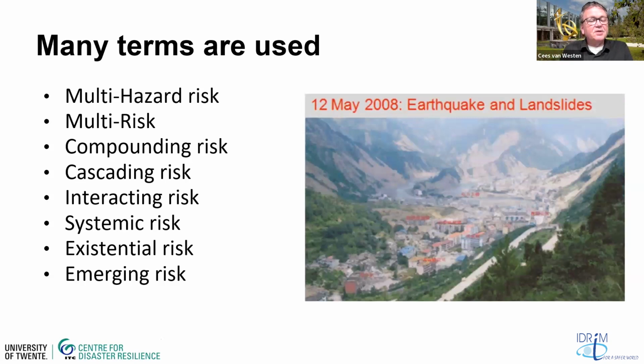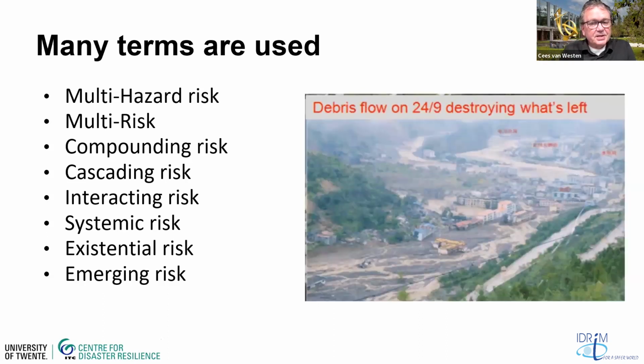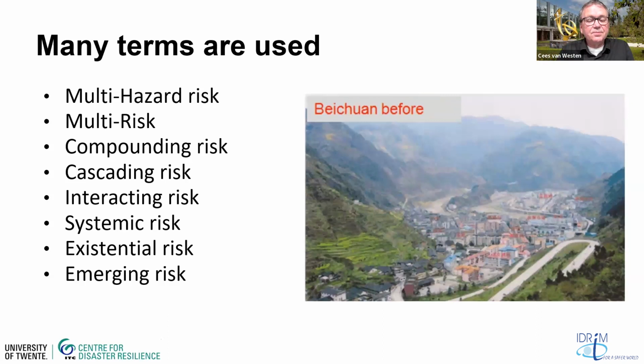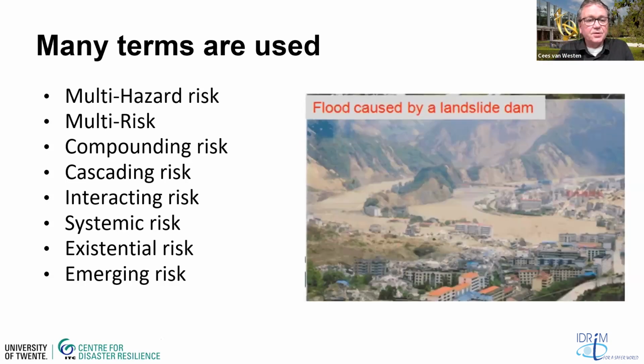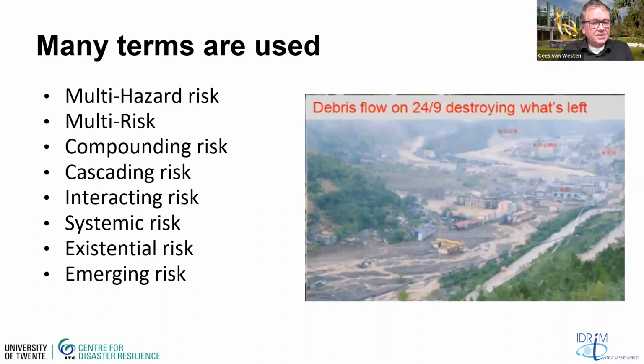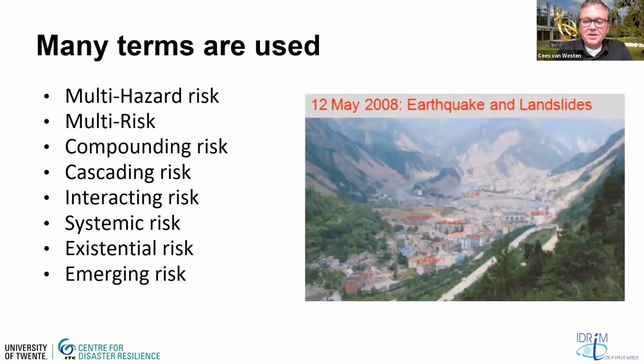Say they also kind of increase in severity, going, for example, to systemic risk, which is a risk that also puts a whole system in danger. So that is so severe, it threatens the functioning of a system like the transportation system, health system, or so. Existential risk is even worse than that. Right, you see an example of one of the main multi-hazard examples I could think of, the earthquake in China